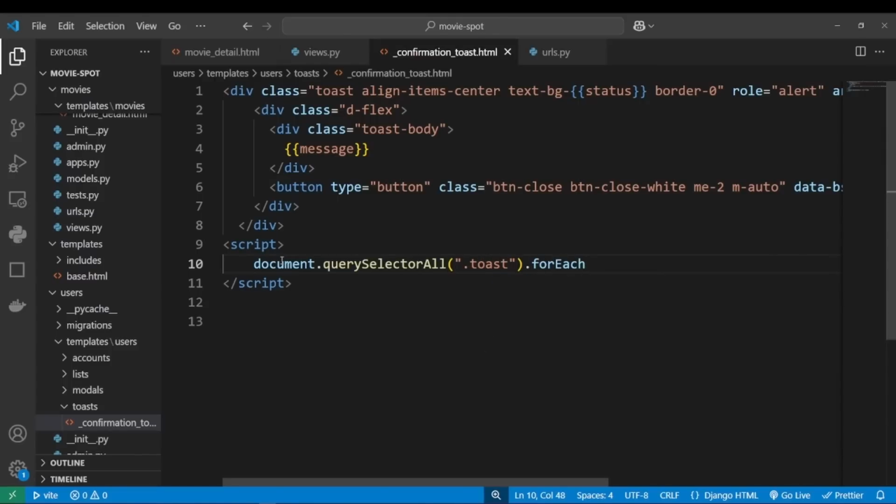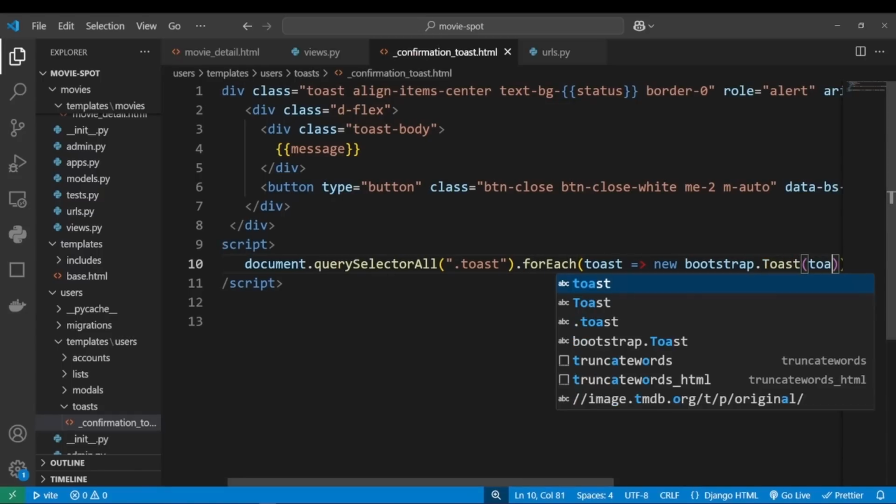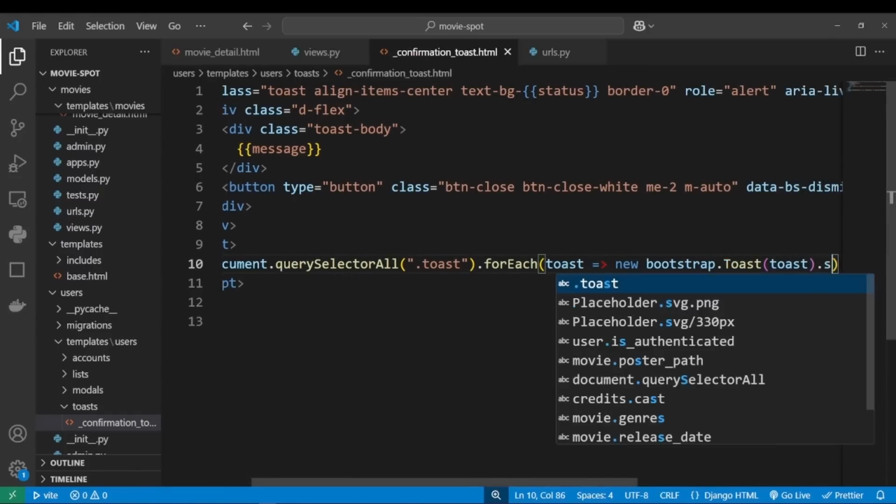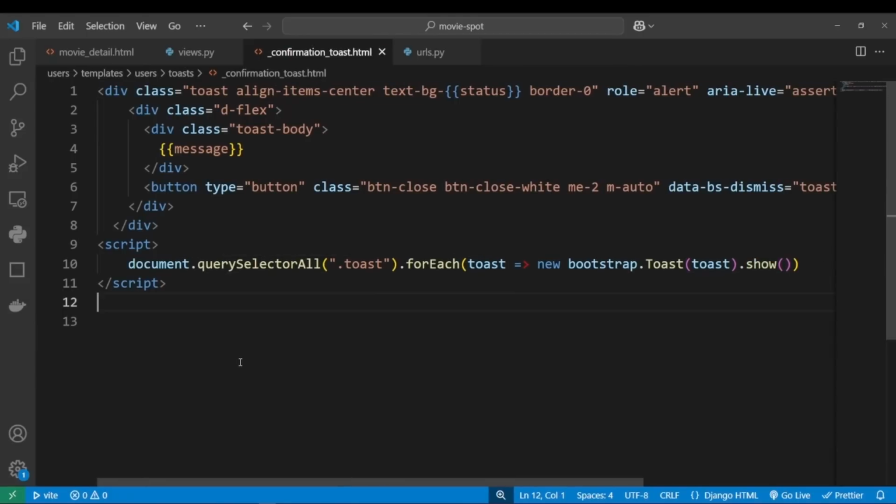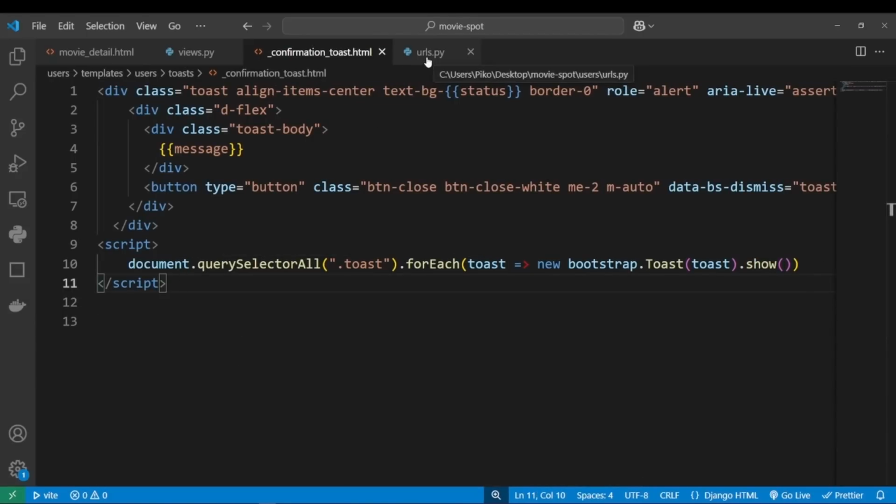Then for each, we want to create a new Bootstrap instance for each toast element. So new Bootstrap.Toast and then .show. Now I'm very excited to see if this works, but first we need to go to